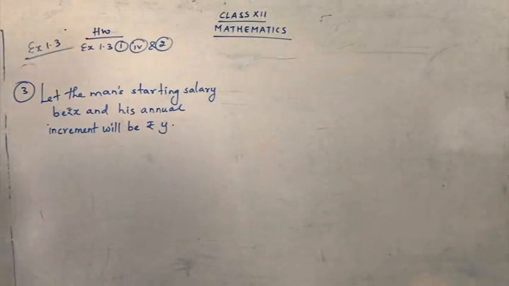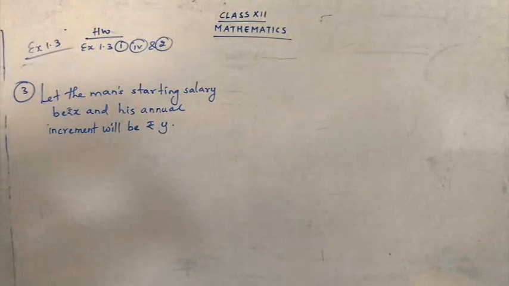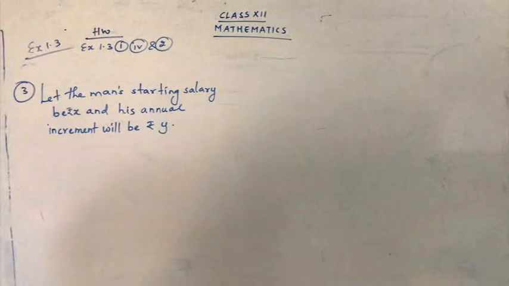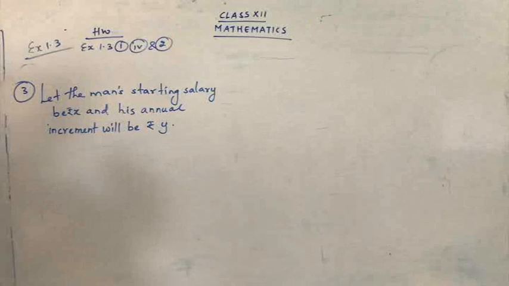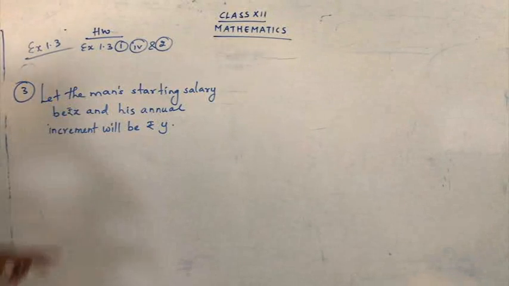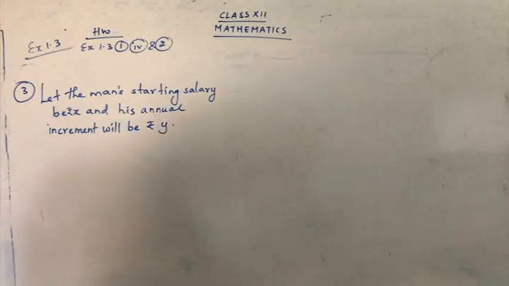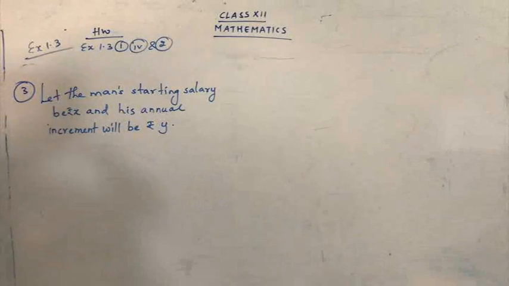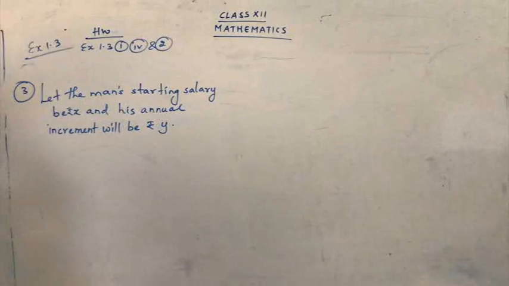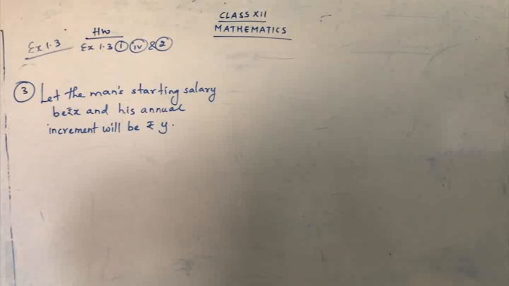And you get the annual increment at the end of the month, that is, the end of the first month. So we have to find out what the starting salary is and what the annual increment is. These two things were unknown, children. This is already given in the question: find his starting salary and the annual increment. So I have taken the starting salary as rupees X and the annual increment as rupees Y. So now let's follow the condition.